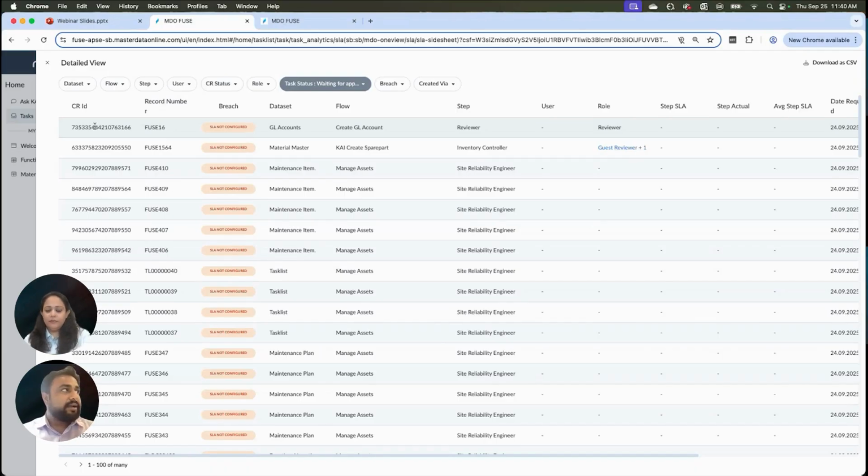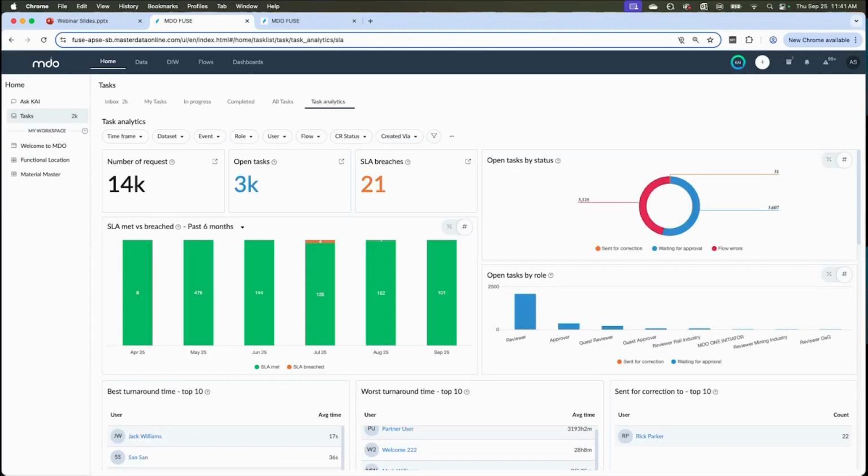The CRIDs would display the specific changes done in that particular CR for the record. So basically, Task Analytics gives you the changes that have been done and the full view of that record from an MDO OneView perspective.